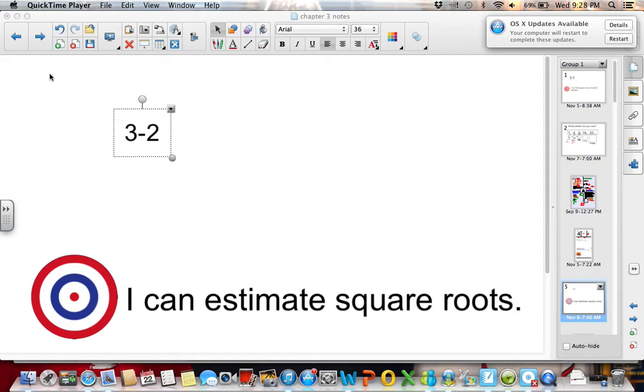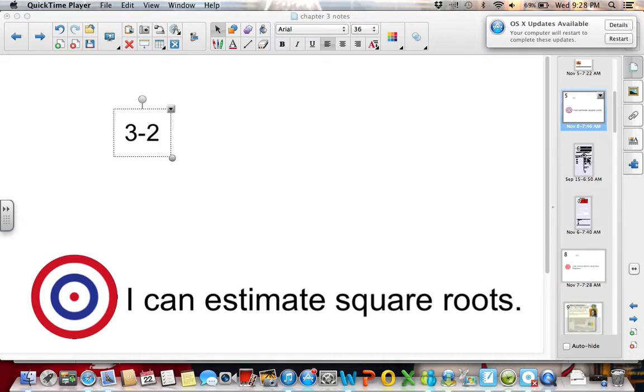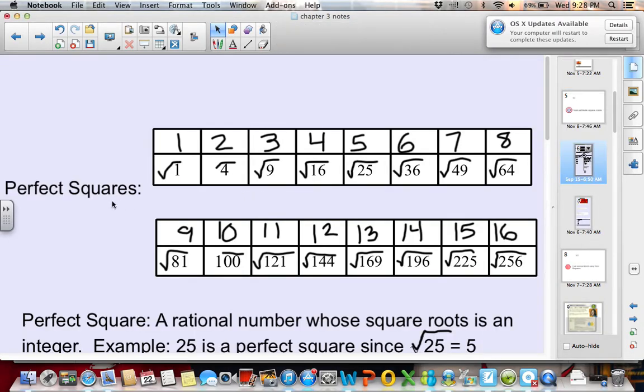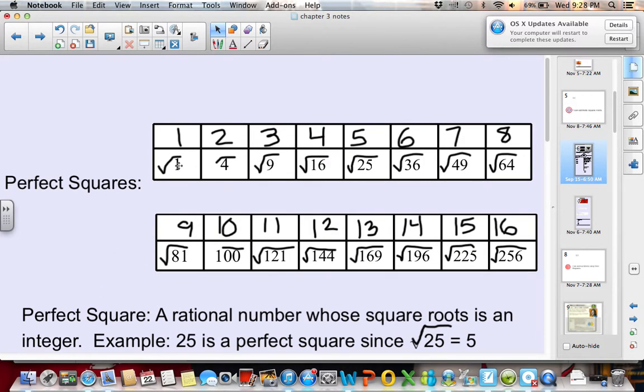And if you didn't do it for lesson 3-1, you should go back and make sure that you do that as well, okay? So we can remember what we talked about in 3-1. We talked about perfect squares. Remember, a perfect square is a rational number whose square root is an integer. Okay? So all of these numbers, so we would say 1, 4, 9, 16, 25, and so on, are all perfect squares